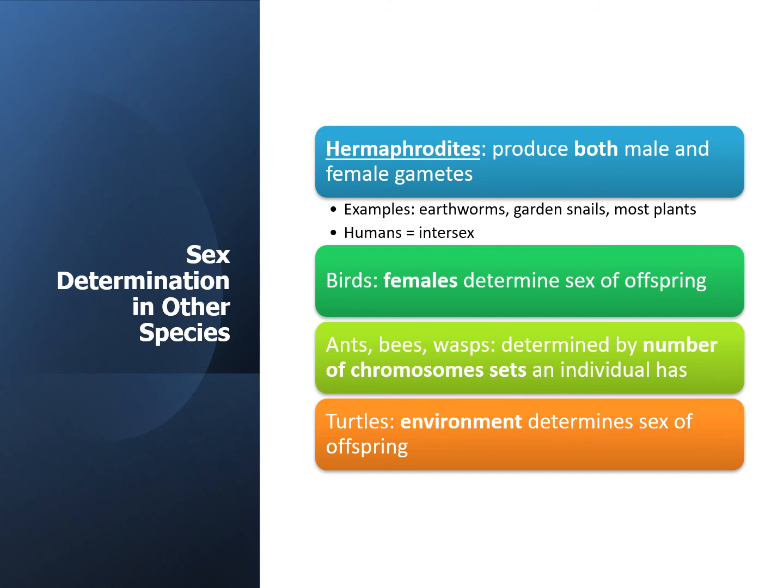From there, something kind of interesting when it comes to turtles, and you've probably seen the way sea turtles lay their eggs in sand. They dig a nice big hole, and then they plop their little clutch of eggs in there, and the environment is going to determine the sex of the offspring, specifically temperature, and it comes down to literally a degree that will determine whether or not the egg is going to produce a male or a female turtle. So kind of cool.